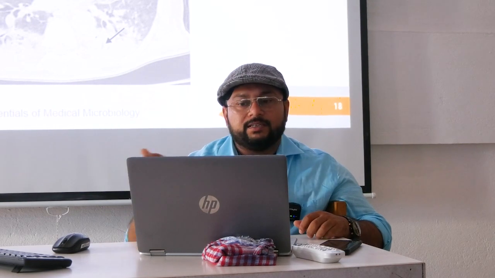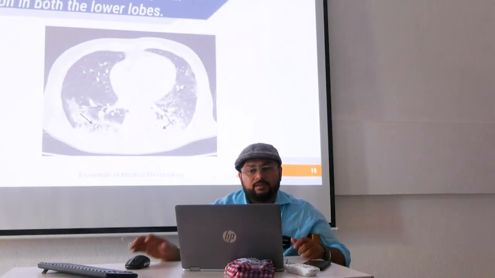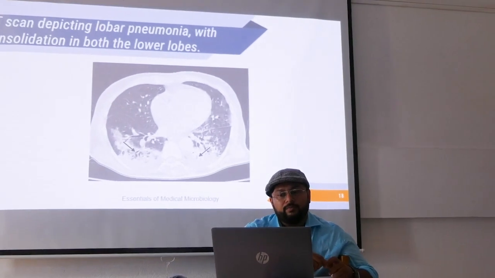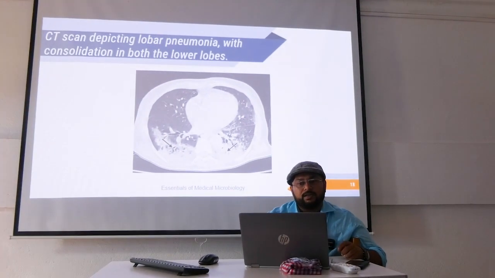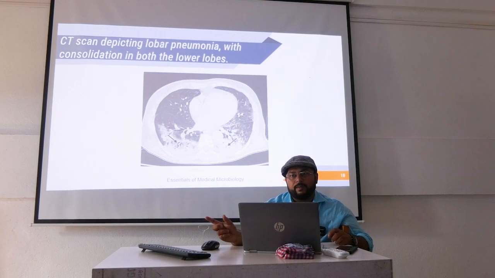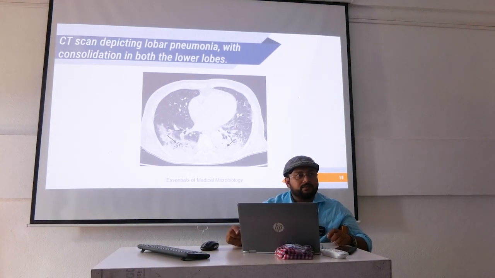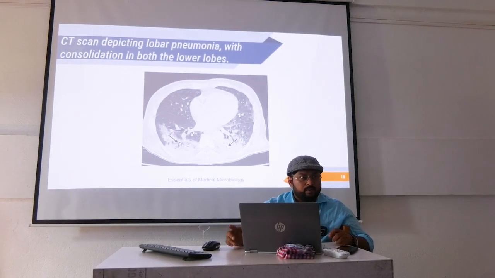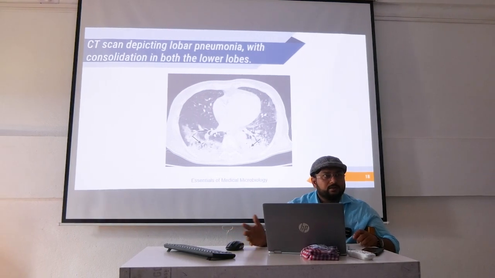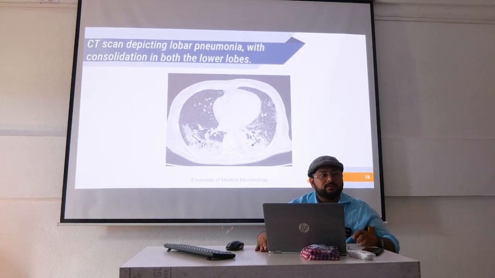So this is a CT scan picture. You can see the lower lobe involvement. এই যে সাদা সাদা হয়ে যাচ্ছে, the black portion is the normal lung parenchyma. এই যে whitish হয়ে আছে, these are the pneumonia part. অনেক সময় এক্সরেতে ধরা পড়ে না, সিটি স্ক্যানে হাই রেজলিউশনে আমরা সেটা দেখতে পাই।